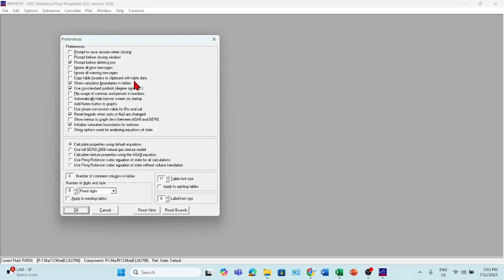Preferences are usually related to how the windows and the properties will be displayed to you. So we will not change them, we will keep them here. And it also tells you if you want to ignore warnings or error messages. So we will just keep it as it is. But the important thing is here, this